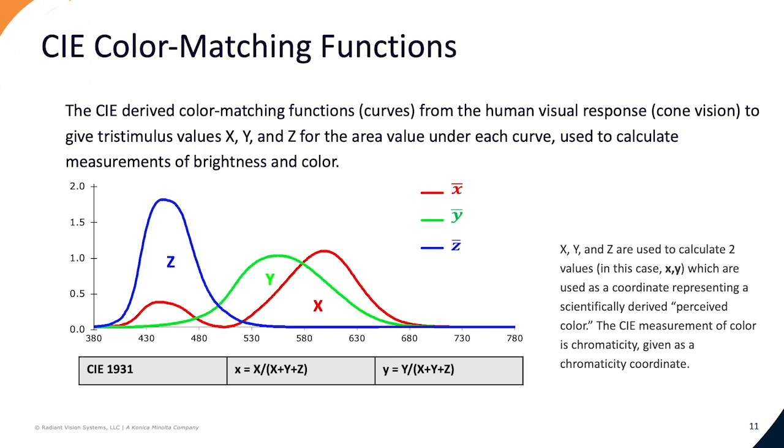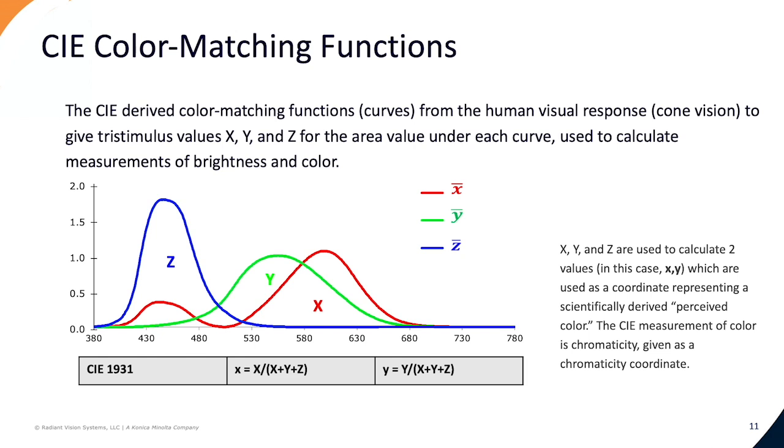The standards body we mentioned previously, the CIE, provides a method for calculating photometric and colorimetric measurements. Based on studies of standard human visual response, the CIE derived color matching functions, or curves, one for each of the three values that are combined to create a perceived color, similar to our eyes' cones. These functions weight an input value of light and allow it to be measured in terms of human visual response